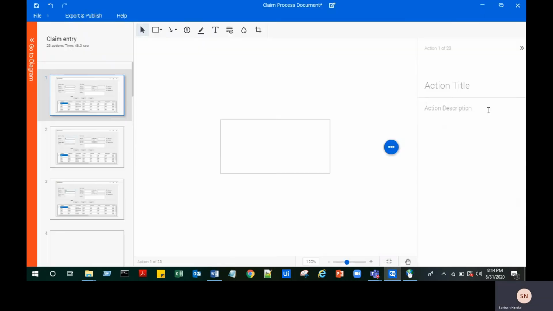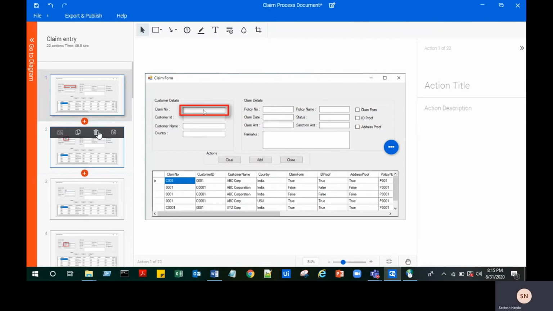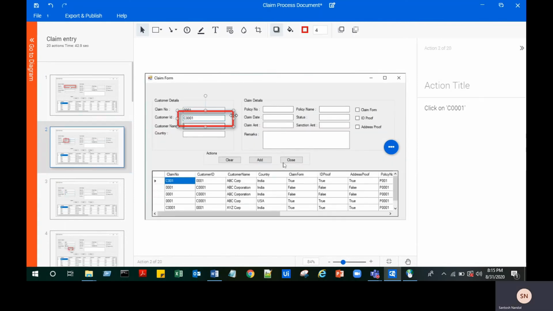Now just review the screenshots and remove unwanted screens. Remove this. Remove this. We'll keep this.